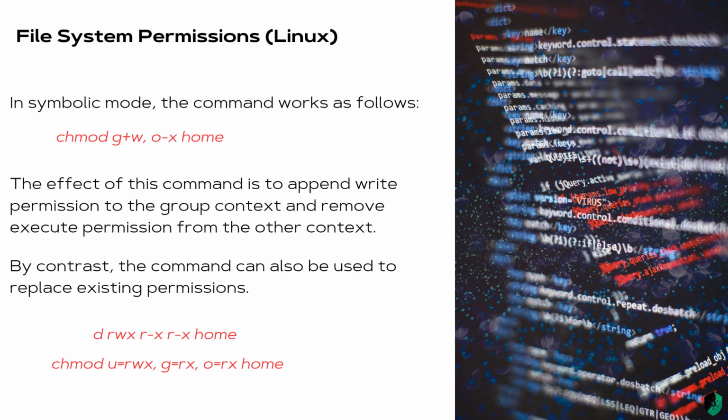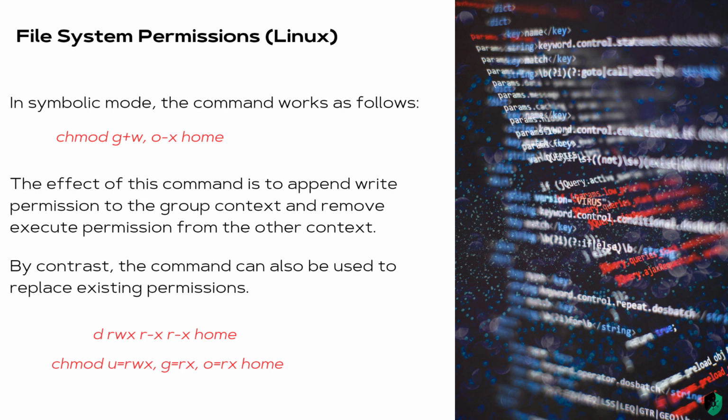Remember that G represents the group account, the group context. So here, because we have plus W, that means we are appending the write permission. We're giving the group users the ability to write. However, the o-x means we're removing the execute permission from which group? The other users group,